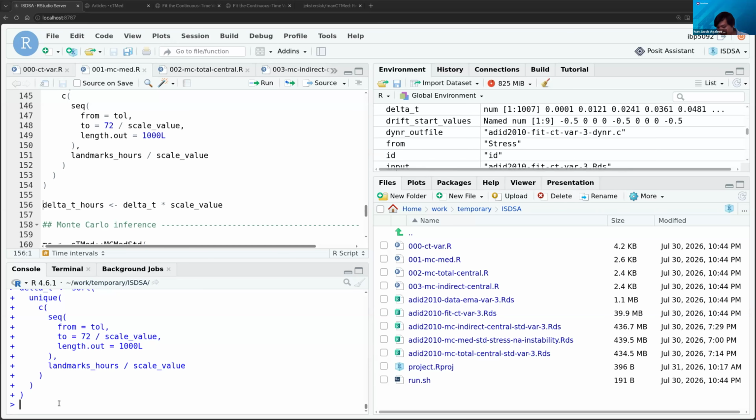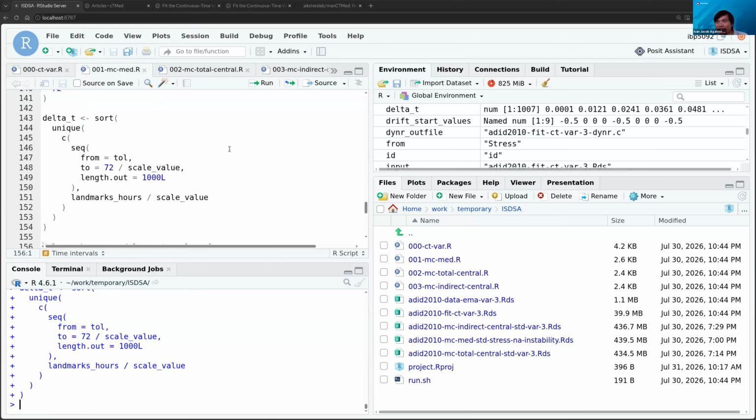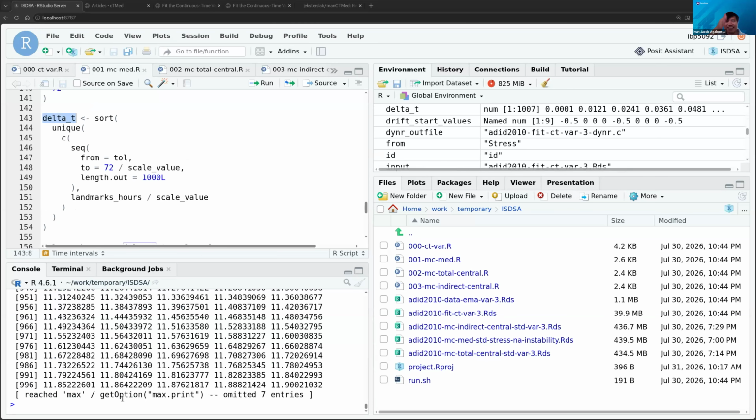This delta t vector is overkill in my opinion, because I think it's 1,000 data points, but I just wanted to fill out all the specific time intervals. Note that this is still discrete, because you still have discrete values, but it's close enough such that you can visualize very, very small changes in the delta t